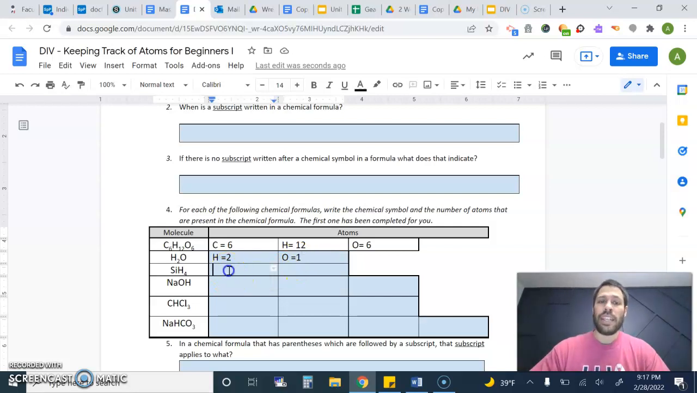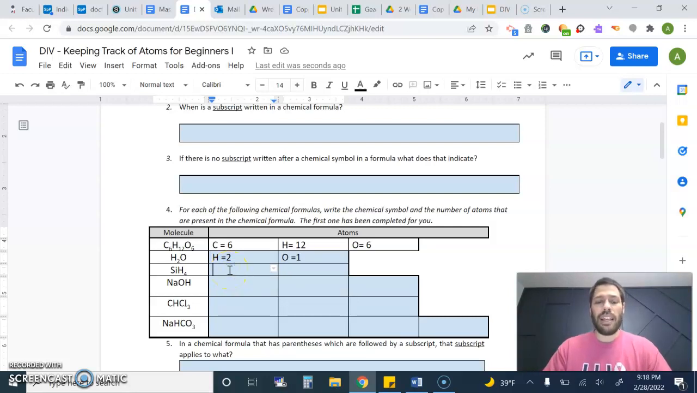Again, each rectangular box there in blue should have a single element listed. If I have 3 boxes, I should have 1 element listed in each box. If you have an empty box at the end of it, you're missing an element from that molecule. So we'll do one more together, and we have